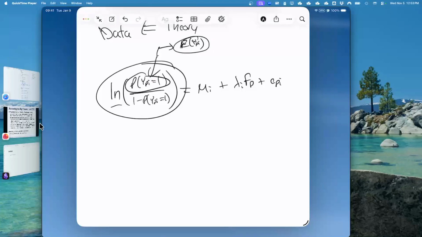We're still modeling the mean of our data, but because the mean in categorical data is going to be between 0 and 1, inclusive of the ends, we have to transform it. Now, we're not transforming data. We can't transform our data because if you plug in just y instead of the probability of y, y is either 0 or 1 here. That means the numerator is either going to be a 0 or a 1, and the denominator is either going to be a 1 or a 0. But when it's 0, you can't do that. You can't divide by 0.